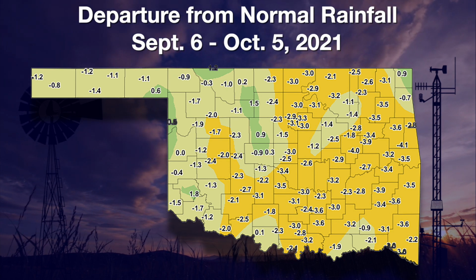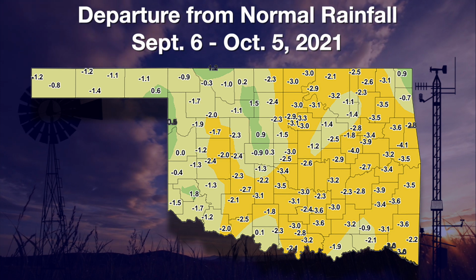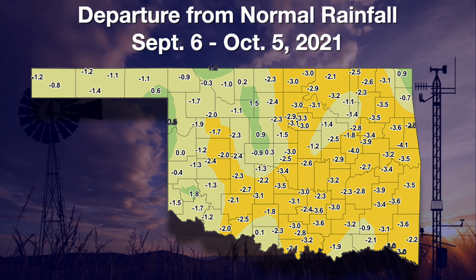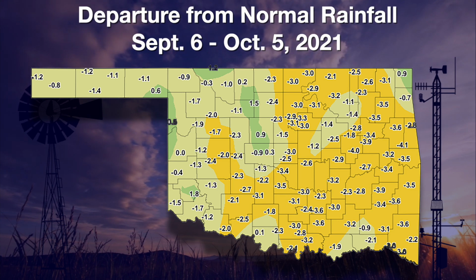That shows up a little bit more when we look at the last 30 days departure from normal rainfall map. And again, we see deficits over much of the state from 2 to 4 inches. Some surplus amounts of 1 to 2 inches, but those again are very few and far between, and unfortunately that yellow part of the map where it signifies 2 to 3 inches below normal, way too much of that color